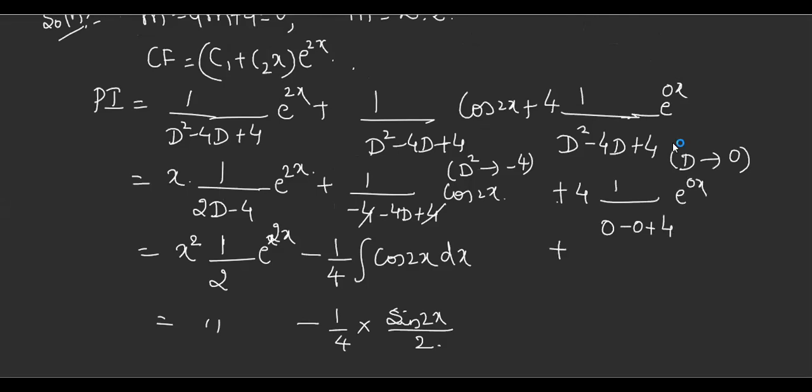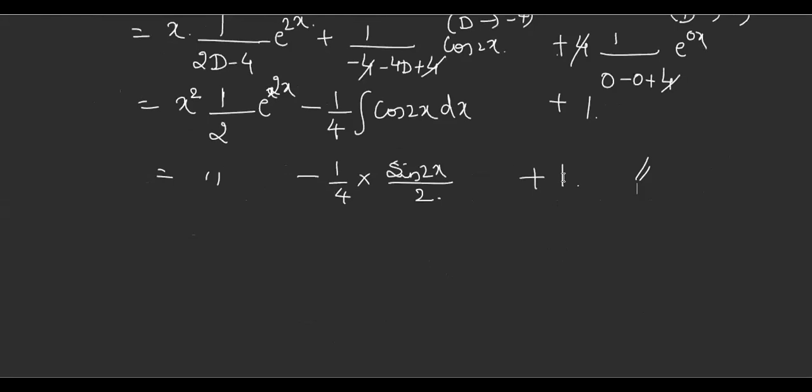What is the answer here? Plus 4 and plus 4 cancels. Is it not 1 that remains? Yes, 1. Now hopefully you can write your GS. Substitute, write it. That is your last step.